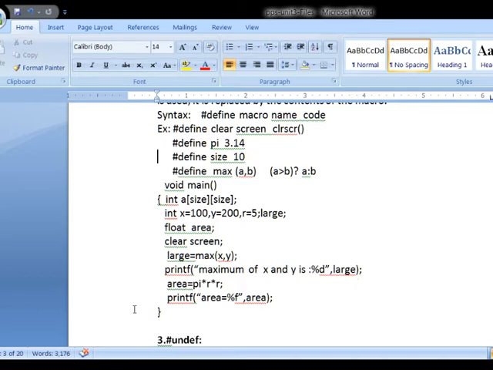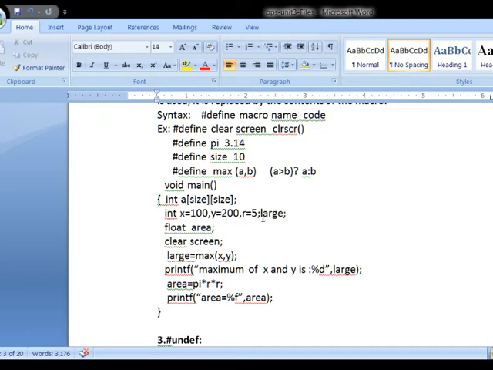Again, one more macro name I have used in this program. See here, area equal to pi r square. This is the formula to find the area of a circle. In this I have written one more macro name, PI. In place of the macro name PI, 3.14 is replaced. So this is the program example for the define directive.